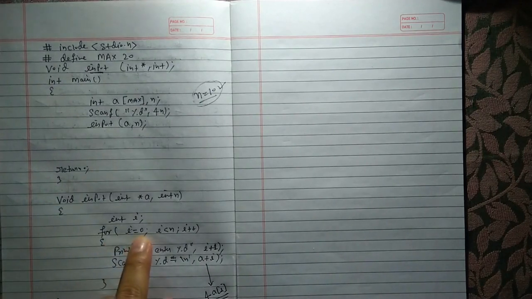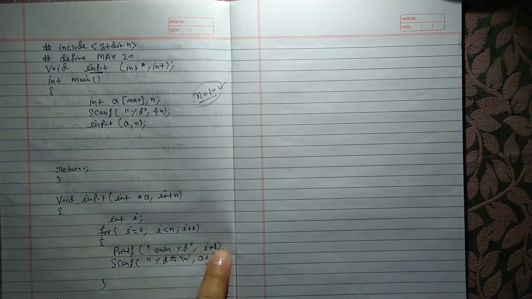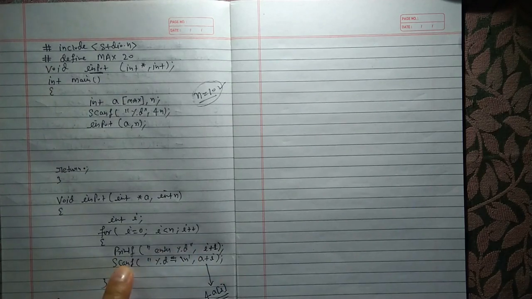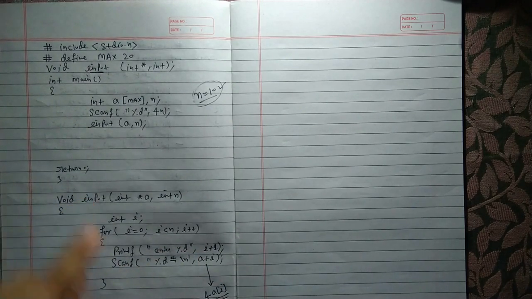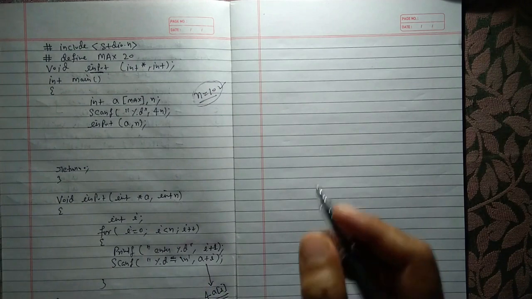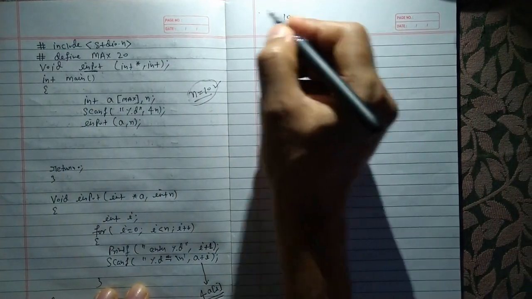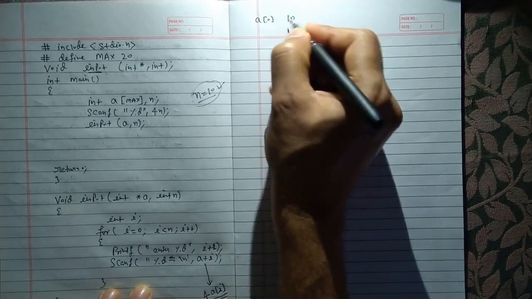A I means how it is working. For I is equal to 0, okay, 0 is less than 10. Yes, it will come inside printf, enter. It will print, then 0 plus 1 is equal to 1, so enter 1. Then scanf will take one value because this is input. Suppose this is A0, and you input 10 value, so your A0 is equal to 10.